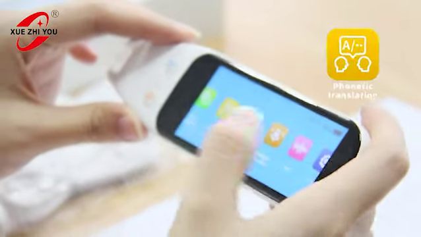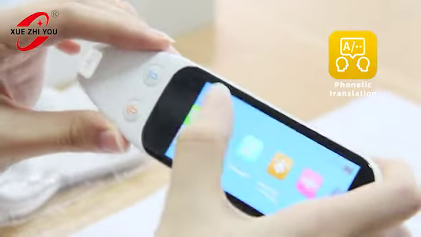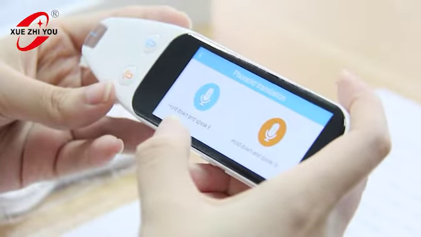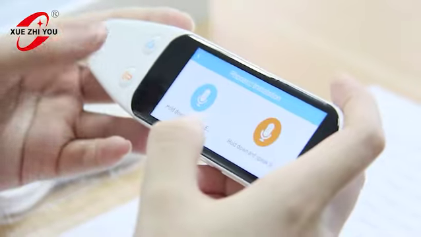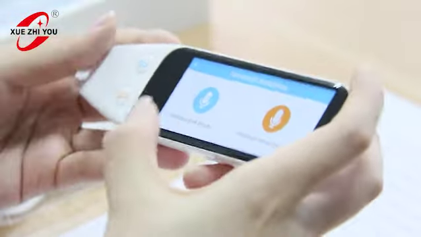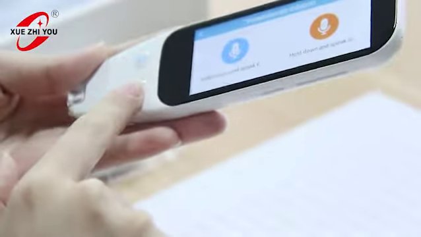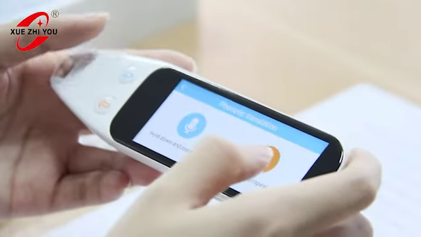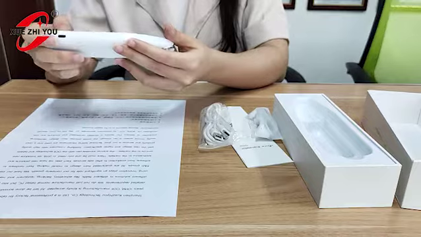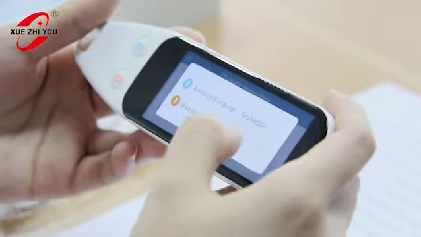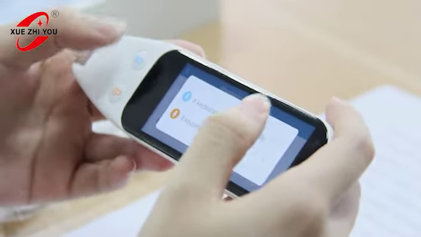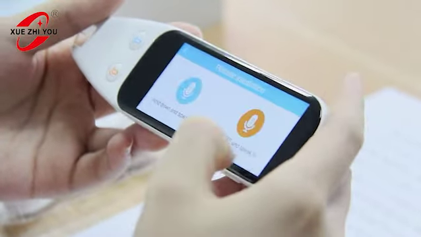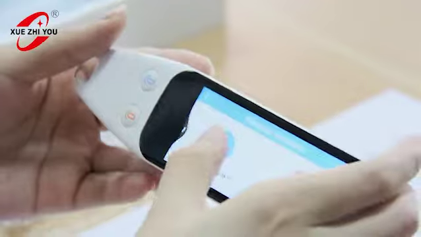And next, I will show you phonetic translation. These functions are very useful for the English learner, I think. And these 2 buttons are connected with these 2 buttons. For example, there are 55 languages for you to choose. I choose English, and this one is